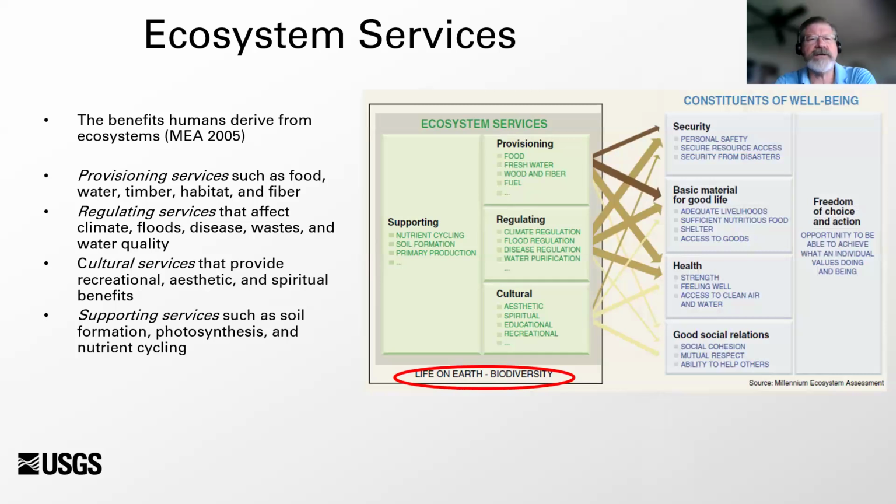Just to kind of clarify, so ecosystem services are those benefits or those services that we as humans derive from the ecosystem. And this is a chart from the Millennium Ecosystem Assessment, but it identifies these different services: provisioning services, supporting services, regulating, and cultural. But a foundation on that is life on Earth, or biodiversity. And so we've been looking at that,